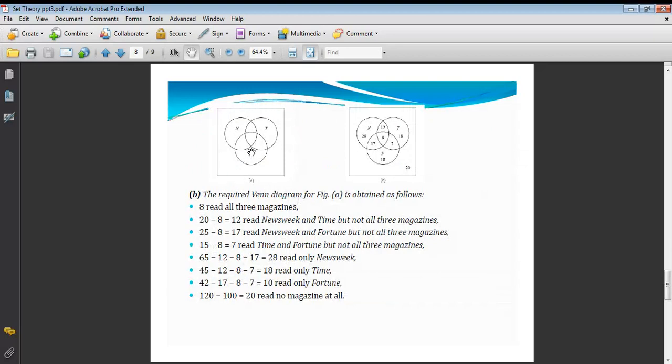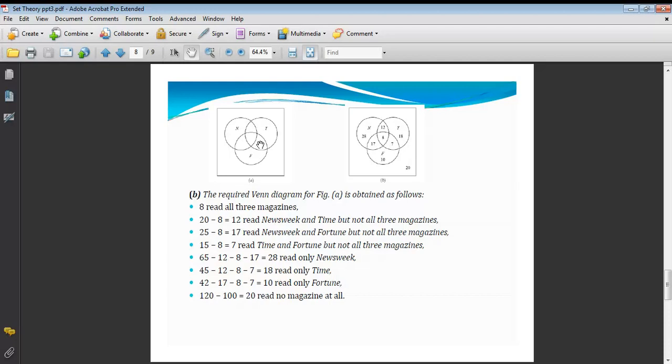That is the figure where you have to write down all the related terms. You have to fill in all the numbers of people here, here, here, in all the intersection parts also. First, this is the part for the people who read all three magazines, and that is 8. This is given. So first we are going for these intersection parts, here, here and here.